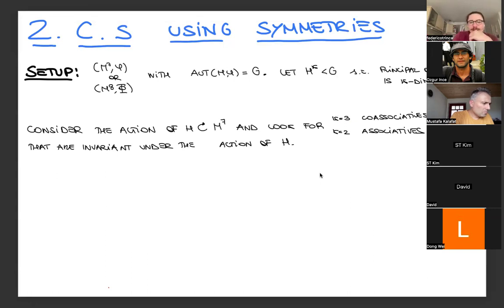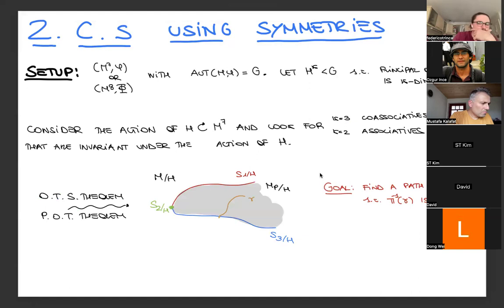The starting idea, at least the way I see this, is that by the orbit type stratification theorem and the principal orbit type theorem that I discussed on Tuesday, the orbit space of my manifold roughly looks like this. We have in gray a big principal part, which is an open dense set of my orbit space, and I have some strata, S1 over H, S2 over H, and S3 over H,